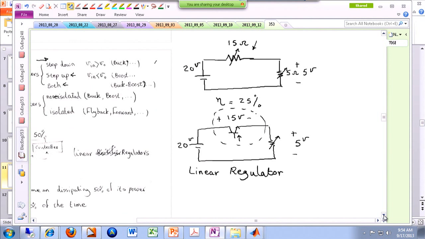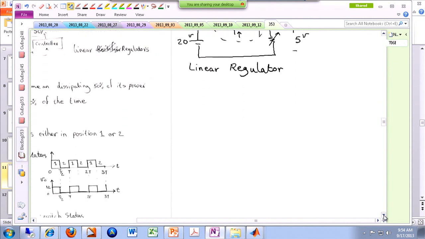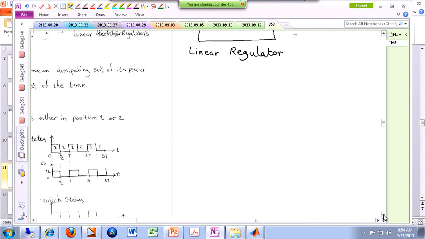So this is not a very power electronics kind of an approach, and let's talk about a power electronics kind of an approach, a power electronic based approach. So remember, we need 5 volts out of 15 volts to 20 volts of the input. All right. So one idea that may come to your mind is 5 out of 20 is like 25%. What if I only apply my source 25% of the time? Meaning that